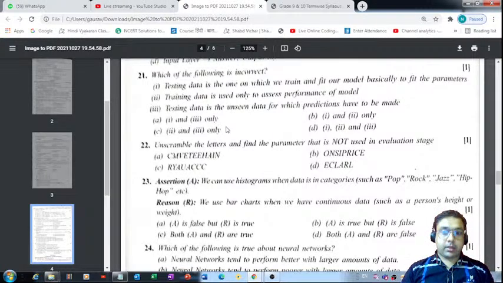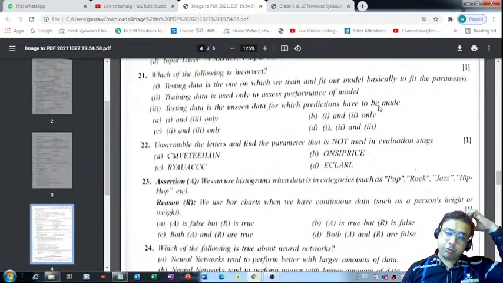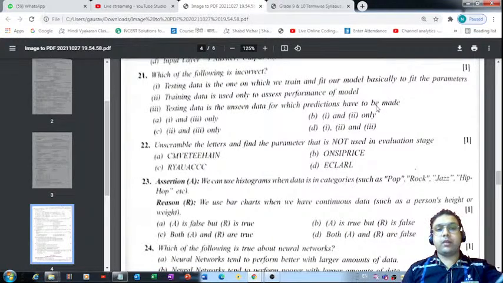Okay, testing data. What we have to do is find out which one is incorrect. Testing data is the unseen data for which predictions have to be made. See, this seems to be correct. You know why? Because if you are designing an artificially intelligent machine which can help you in predicting future atmospheric conditions, the data that you will acquire is going to be the data of the